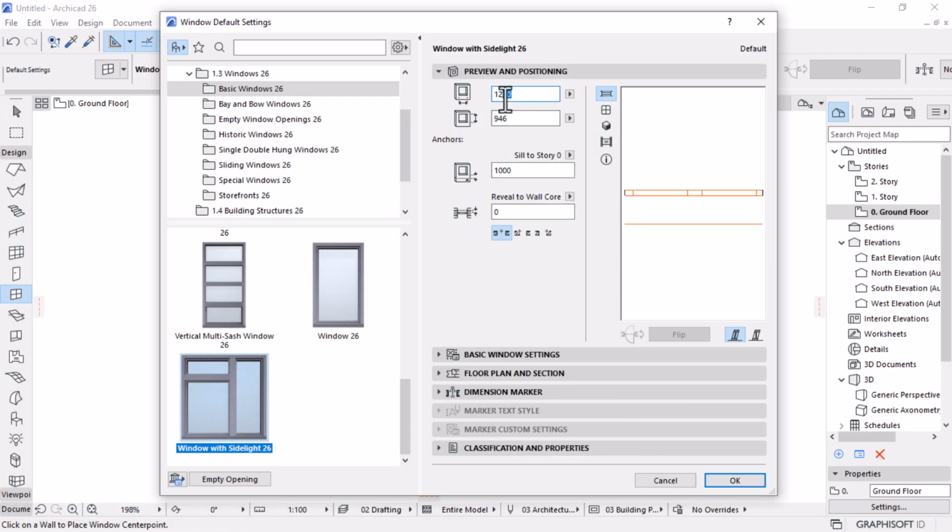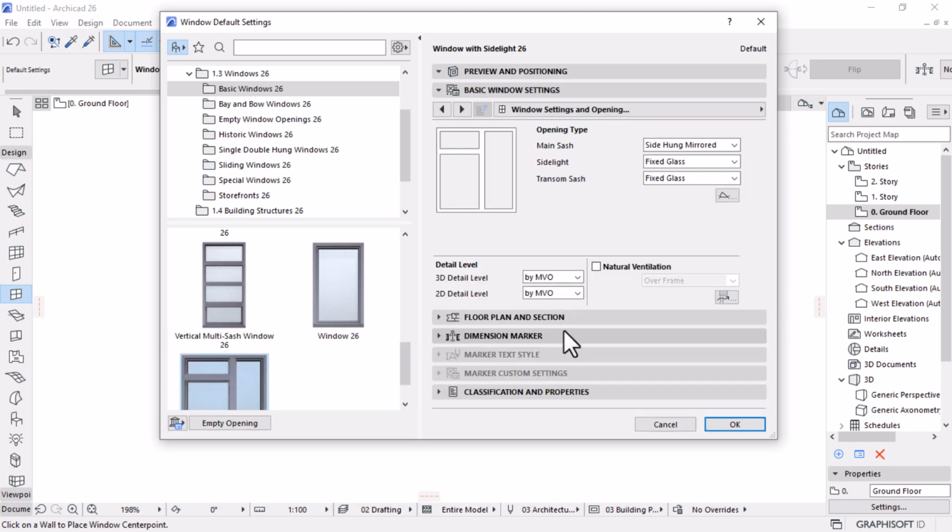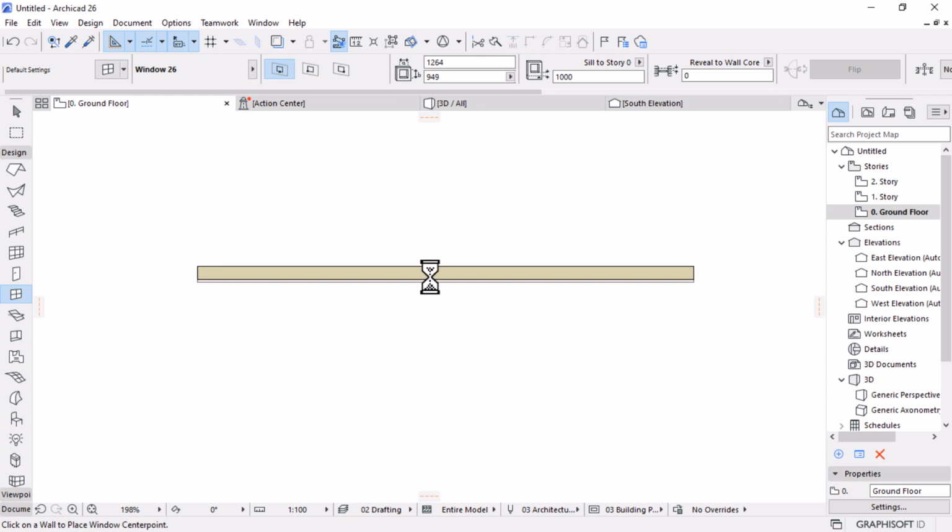Okay, 1.264. This is 949 instead of 946. All right, so I'm gonna go down here under basic window settings. That's where the majority of work is going to be done. Let's open it, and before we track everything, let's go to OK to apply the changes, and let's place this